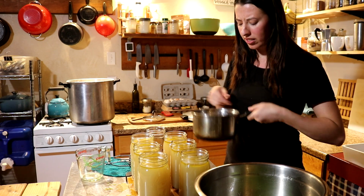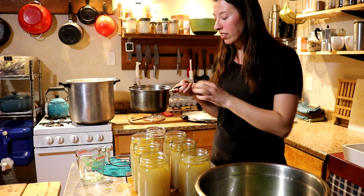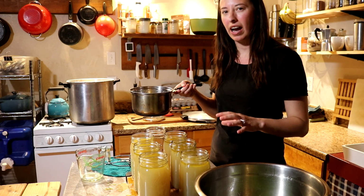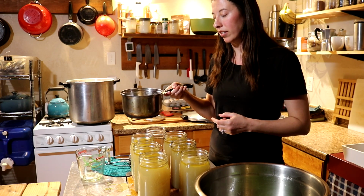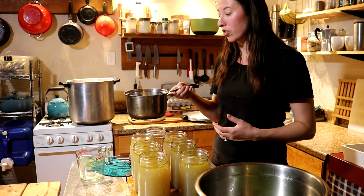These are brand new lids. I usually like to heat them up just a tad bit. It softens that rubber and then it helps me get a perfect seal. I have had ones that don't always seal. It doesn't happen a lot, but I have found that heating these up makes a big difference. They say you don't have to, but again, just from my experience, I have found just getting them a little